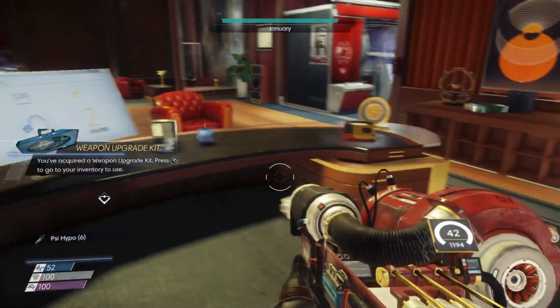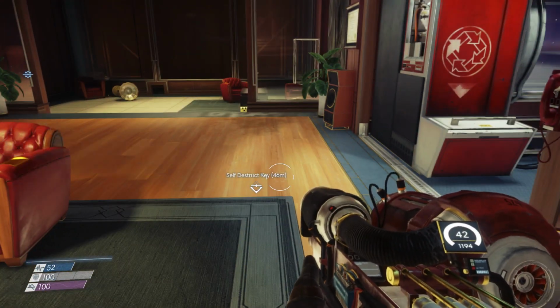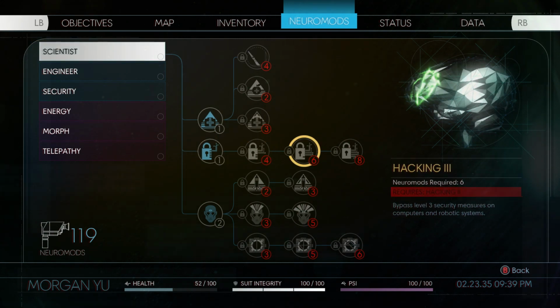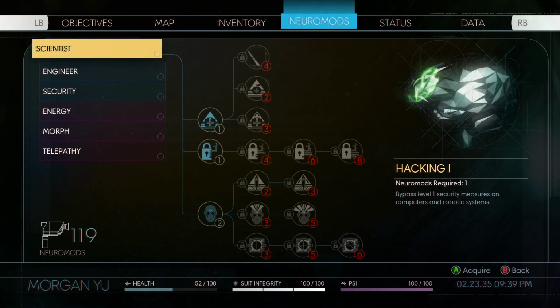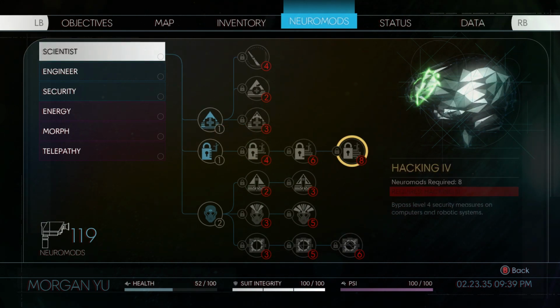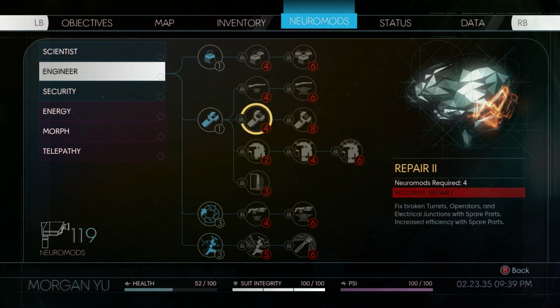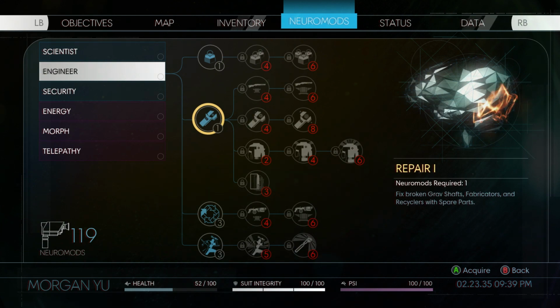So what we're going to do right now is purchase some neuromods. First thing we're going to grab, you're going to want to get all of these hackings. Again, you should have a ton of neuromods saved up, so buying any of these things should not be a problem. So we're going to buy all 4 of these hacking mods. We're going to buy these 3 repairs and these 2 gunsmiths, and that's going to be our first round of stuff. You will get the achievement or trophy Know Thine Enemy for buying your first one, and so